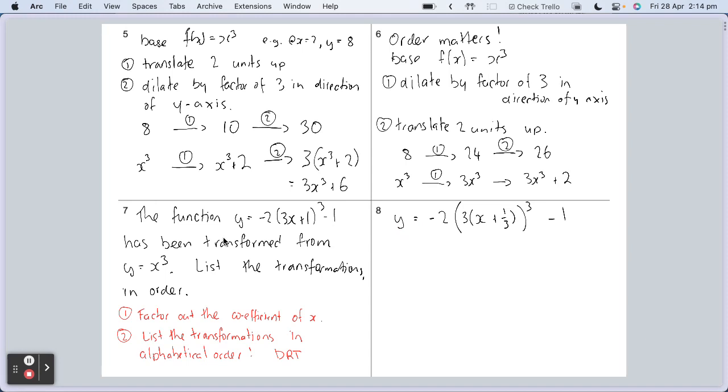It's a bit of a pain in the bum to do. It feels like, oh man, do I have to do that because now I'm dealing with fractions? But it makes the rest of it, trust me, it makes the rest of it easier. Now the transformations are